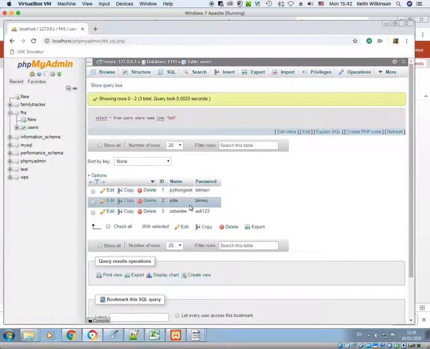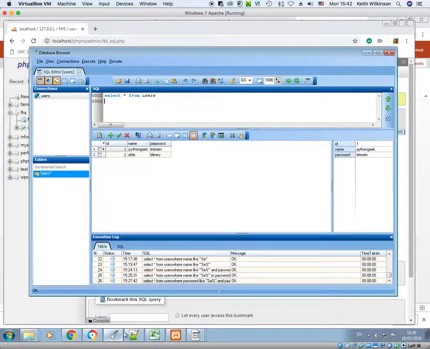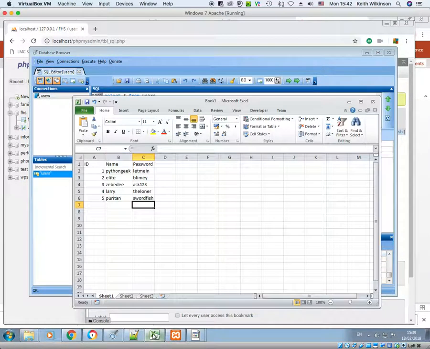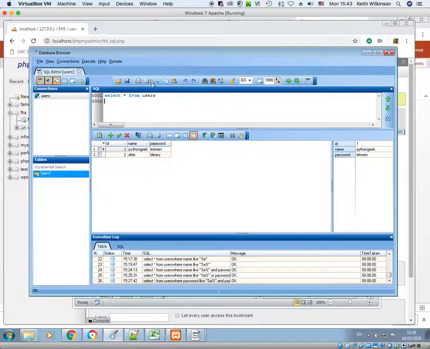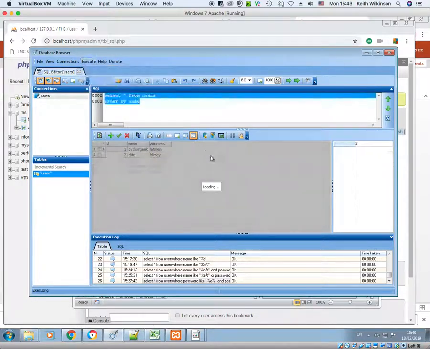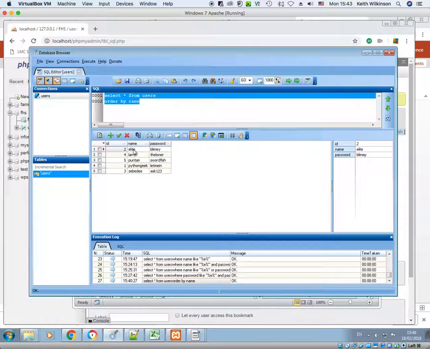And we can order things. So I'm going to run a little query to do that. So select everything from users. So we're selecting the name, ID, password. What I'm going to do is order by name. Okay, so it should be alphabetically ordered. And I can just type in order by name. And when I run that query, there you go, it prints it out and it's in